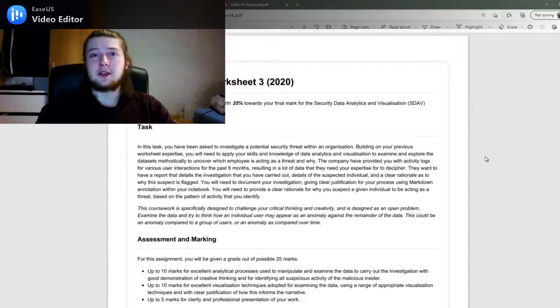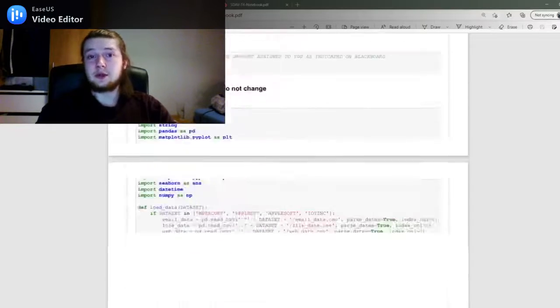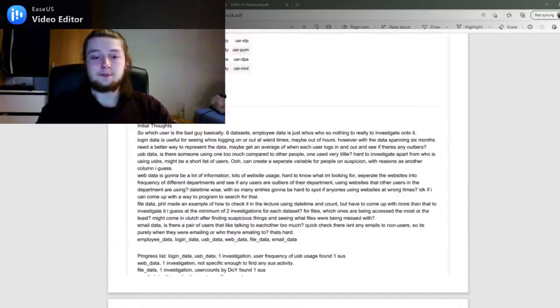There are aspects in task 3 which I would say are incomplete for what I did. I wanted to create investigations and visualizations for each dataset and to find suspicious activity in each dataset. However, there weren't all the results that I wanted, and there weren't all the investigations that I wanted to do as well. I had to spend a long time organizing my thoughts before even jumping in, which is something I